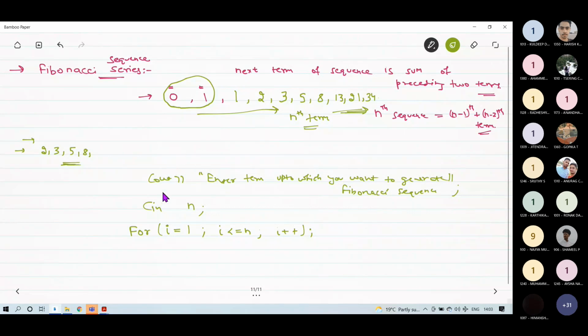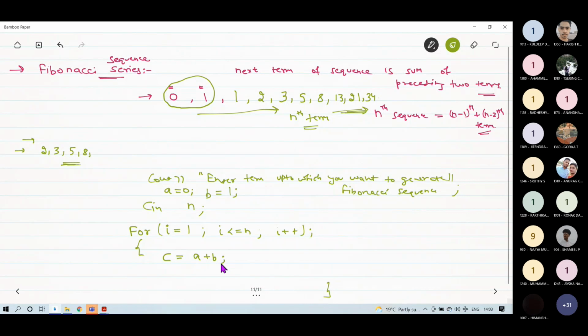So this a I am defining as 0, this b I am defining as 1. Now I will generate the next term. Let's say that next term is c, and in the body of the for loop I am writing c equal to a plus b,